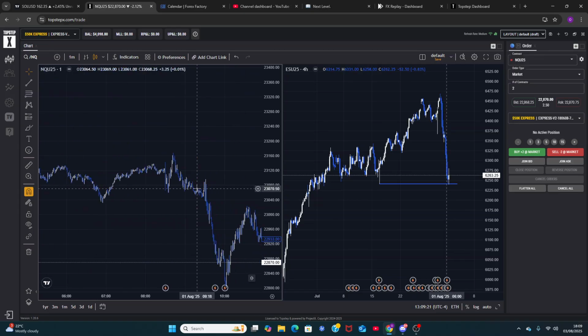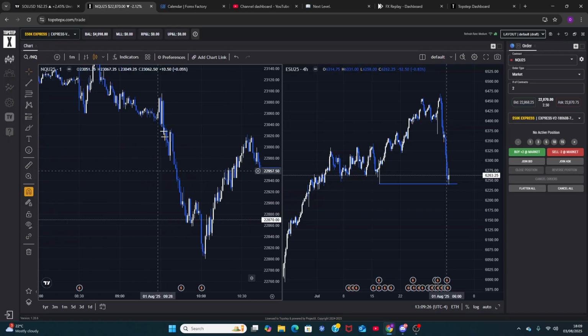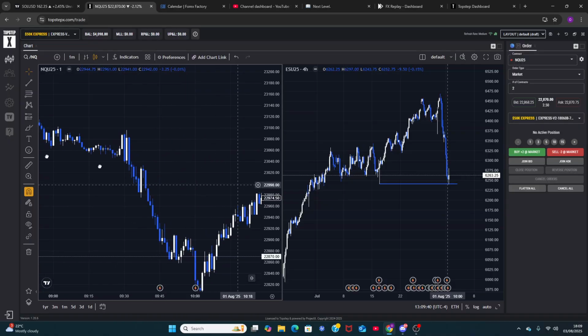The main reason is because this was 10 a.m. news right there. The reason why is because we had our displacement. So if macro and market open either manipulates or displaces to one side, then you can trade and hold through 10 a.m. news. If the macro is choppy, if the market opens choppy, there's not enough manipulation or displacement for anything, then just wait for 10 a.m. That's the protocol for 10 a.m.